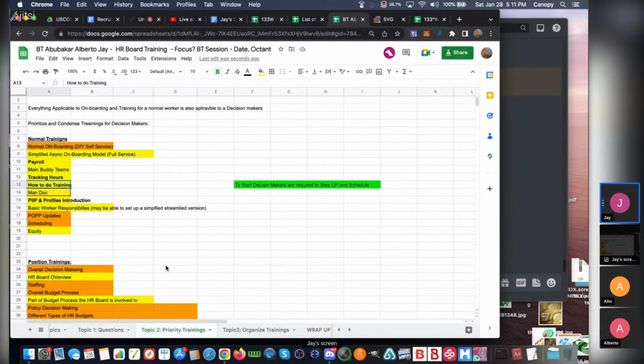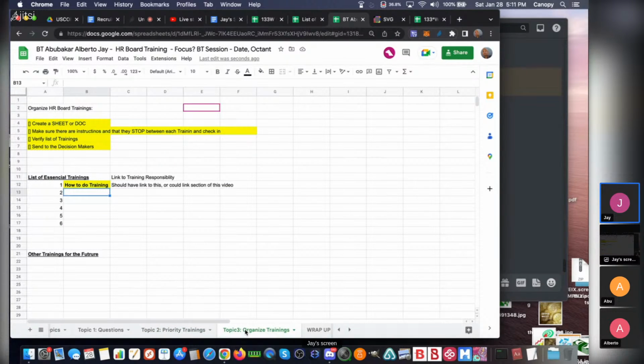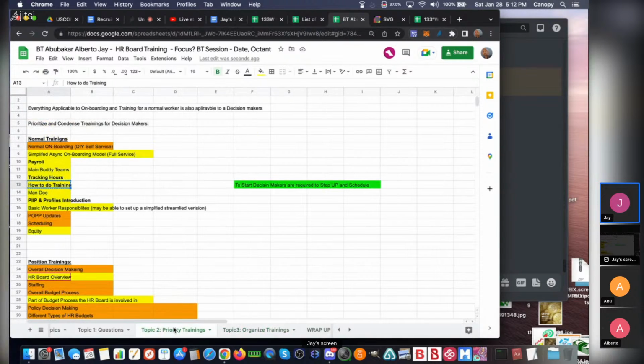Another thing we could do is split up the position training from the normal trainings, which is also something that we do. Yeah, I mean here they're split up. Do we want to keep them split up, or do we want to just do a list with all the training? Because in that case, number 2 could be the overview on the HR board, which is under the position trainings.